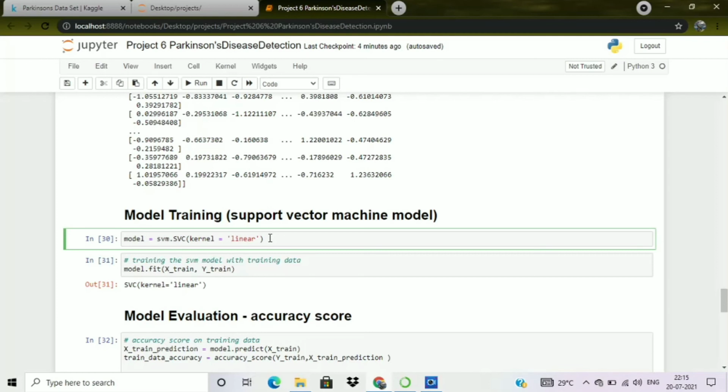There can be a support vector regressor model also, but here the prediction is about whether the person has this particular disease or not. So it only has two kinds of possibility here, and we have to classify our answer. That's why we are using the support vector classifier function here.